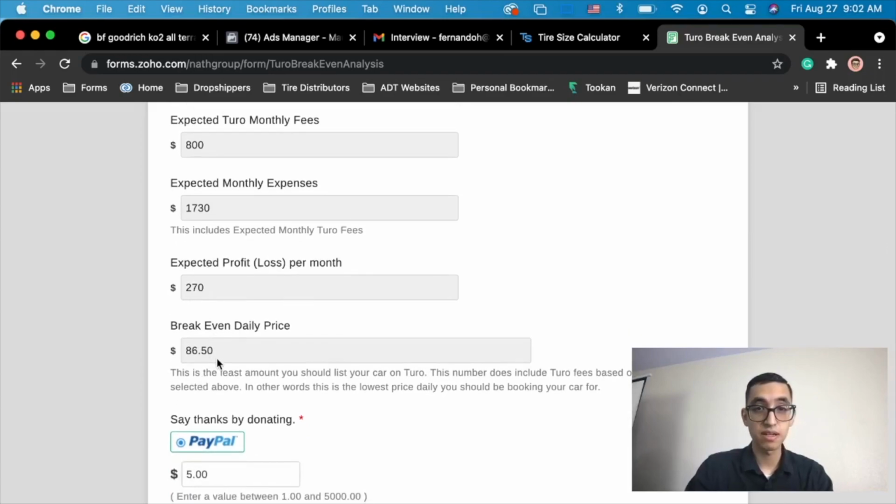And then break even daily price. So this price is going to be a price that we're only going to be using. This is the lowest price you could list your car on Turo. This is actually including Turo fees. So in other words, 86.50 is exactly what you could list on the Turo app. And then the calculator already calculated how much Turo is going to take and all that,